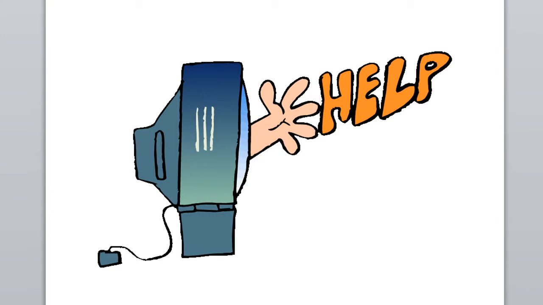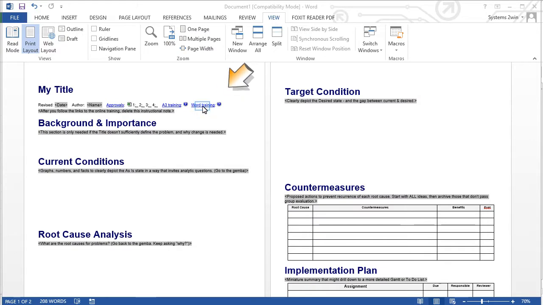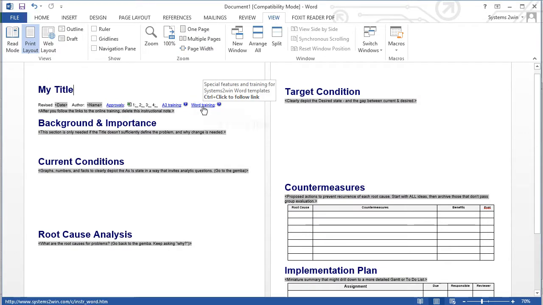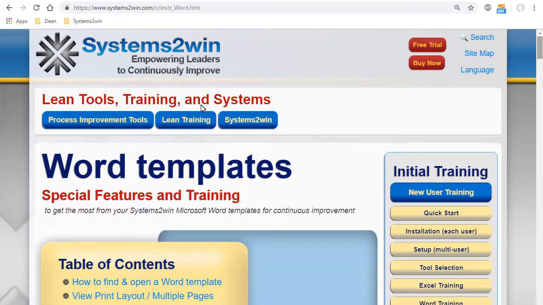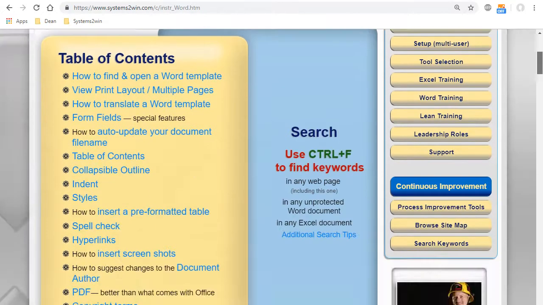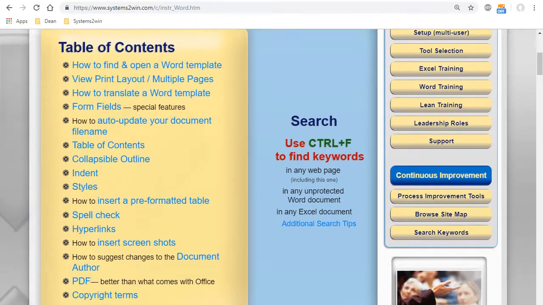Now that we have found our Word template and we have it open and we've got our view settings set up correctly, let's learn how to find help. Let's start by opening the Word training. Hold down the Control key when we left click our mouse, and that opens up this online training page that has this table of contents, that has training sections for what we just learned: how to find and open a Word template, how to view and print layout in multiple pages.